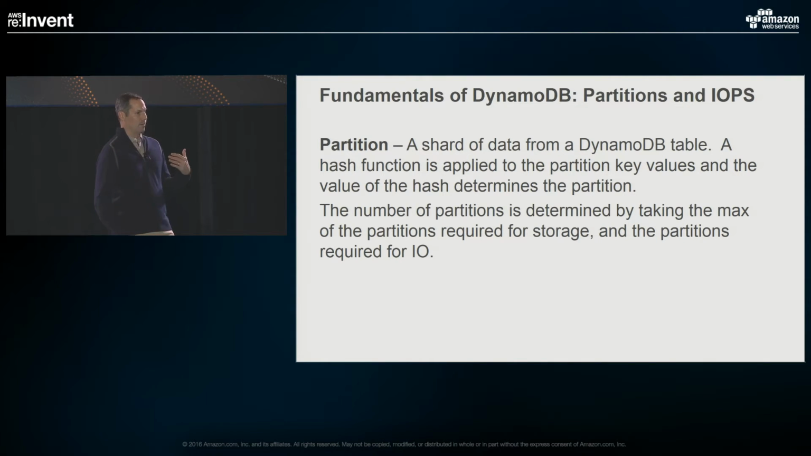Then you have to look at the amount of I/O you need. Each partition today, I think, can deliver 1,000 write IOPS and 3,000 read IOPS. So you would have to take the number of read IOPS that you want on the table, divide it by 3, take the ceiling of that, and then add that to the number of write IOPS divided by 1,000, take the ceiling of that, add those two numbers together, and then you take the max between the number of partitions for storage and the number of partitions for I/O, and that's the number of partitions you can expect to have